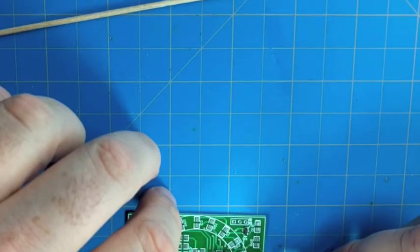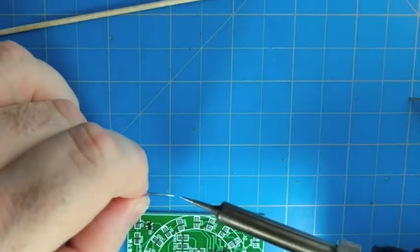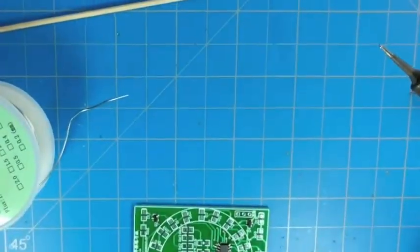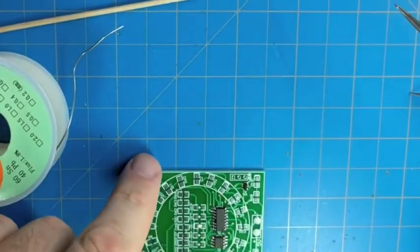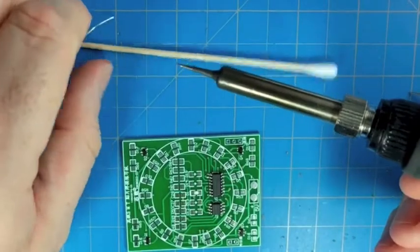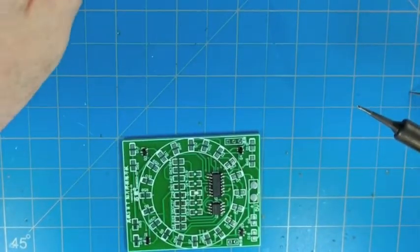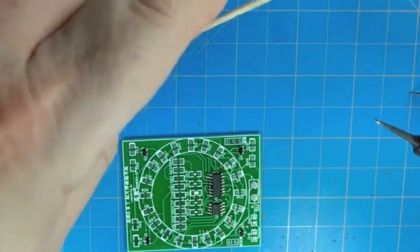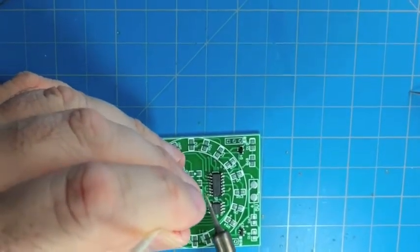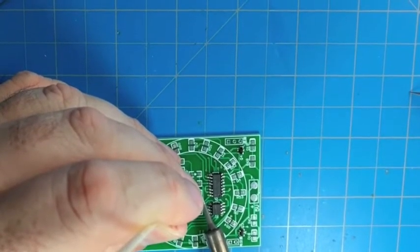There's a little T-shaped pointer that points towards the cathode, meaning the bar of the T is towards the anode. And the markings on the silk screen have a thickened line on one side of the LED. You can see here it's on the right next to the marking D1. It's a little thicker. It's the side of the LED facing away from the two chips. And so that's the cathode, the thickened line in the outline. So we make sure that the cathode marking on the bottom of the LED is pointing towards that